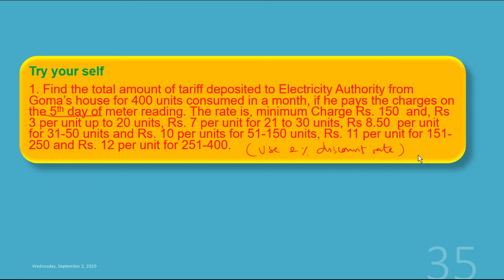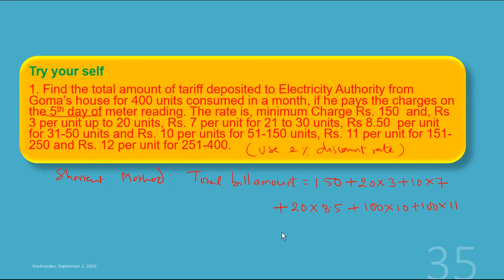I will show you the shortcut method, dear students. Total bill equals minimum charge plus first 20 units times 3, for the next 10 units times 7, plus for the next 20 units times 8.5, plus next 100 that is 10, plus next 100 that is 11, plus for the remaining